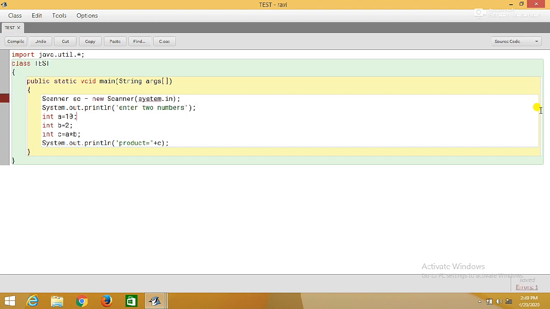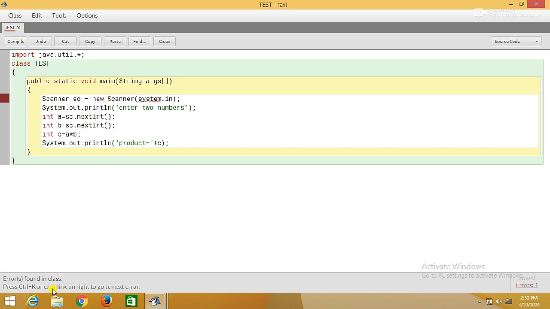You can see a variable is already there, so I am just taking a value, sc.nextInt. You can see I is small here, it won't work, but I am writing this. nextInt means a token of integer will be entered. sc.nextInt. Here you can see I am writing I capital. Okay, when I observe this and put my cursor over there, you can see the underlined red line. That means there is an error, so I corrected it and am going to compile.